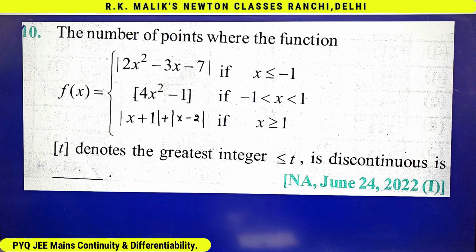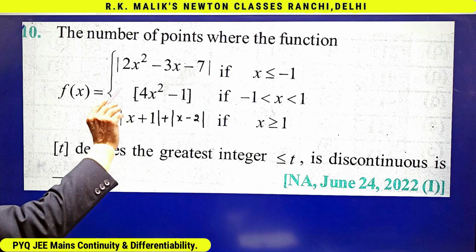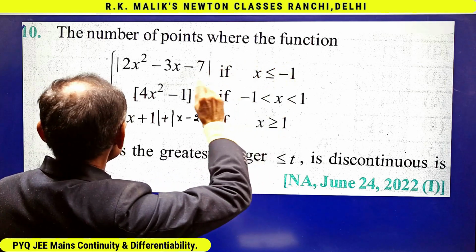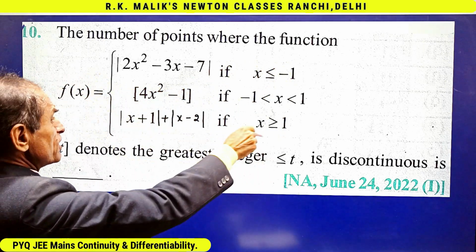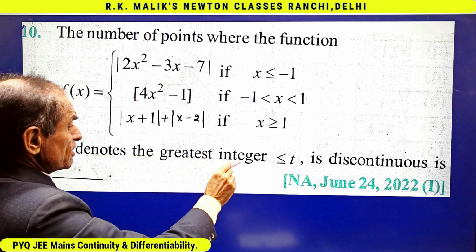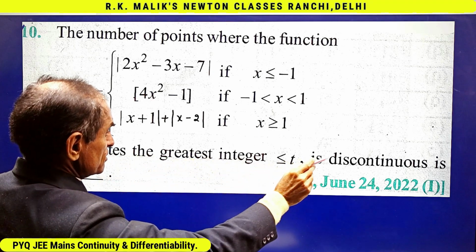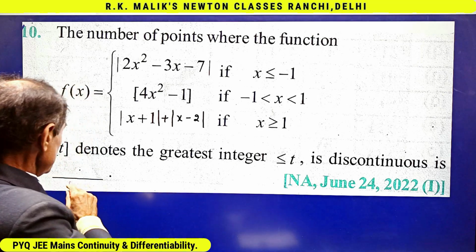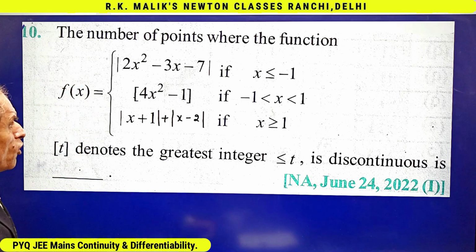In this question, we are asked the number of points where the function f(x) defined by this, where [T] denotes the greatest integer less than or equal to T, is discontinuous. You have to fill in the blank. Obviously,